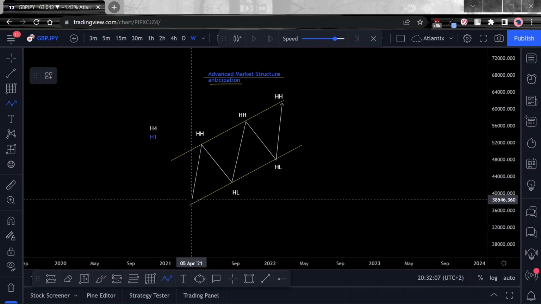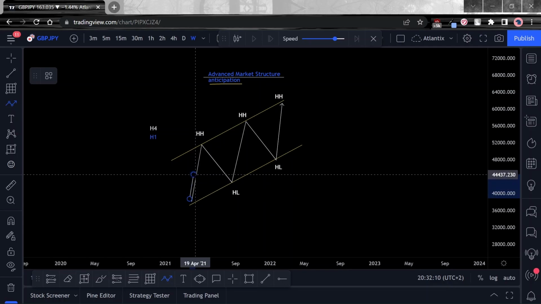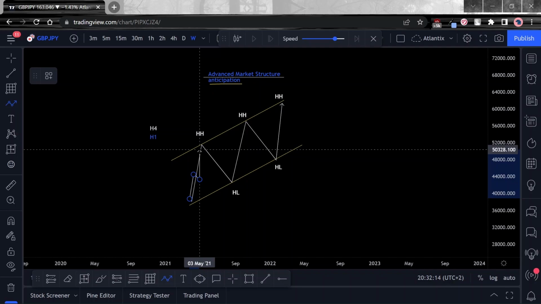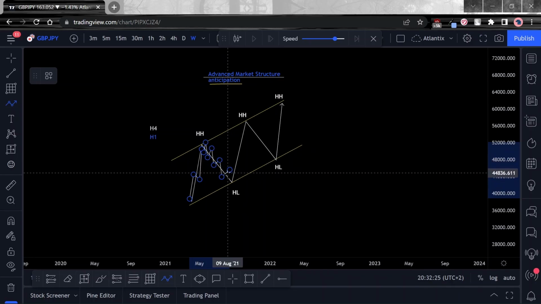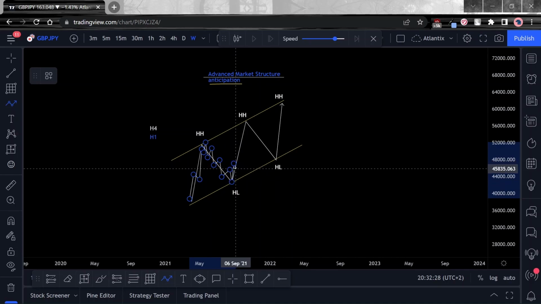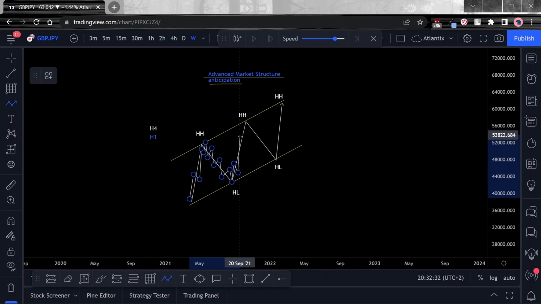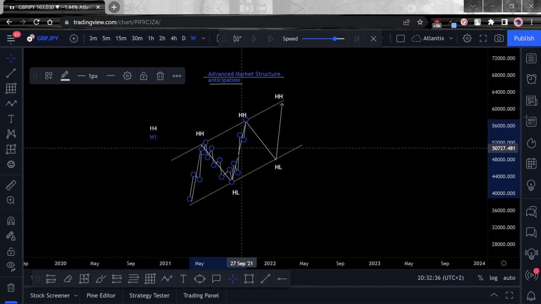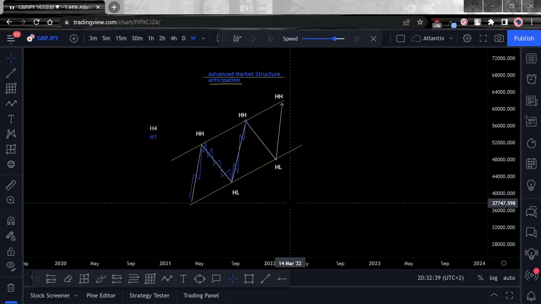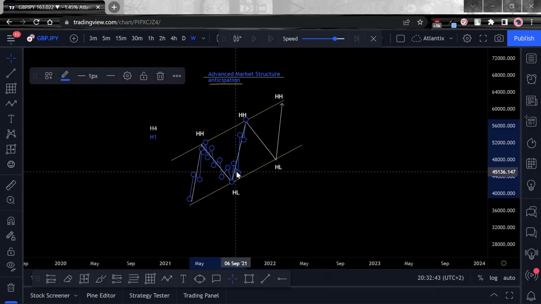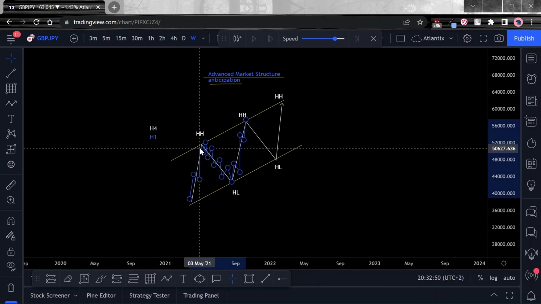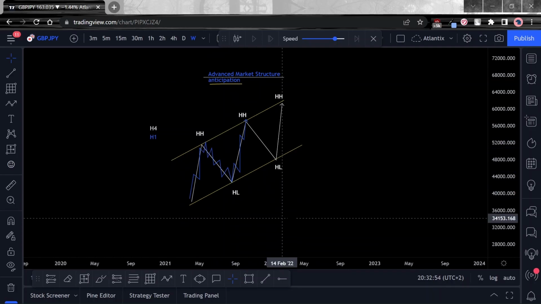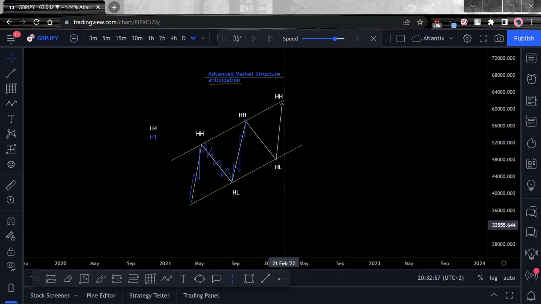And then we've got the internal structure, which obviously pushes up impulsively according to our sort of utopian example, right? And then we get a sort of correction over there, right? And we've got a strong impulse which moves like that. Let's make that blue since this is our internal. So we're just using H1 and H4 for purposes of the example. It doesn't mean you have to religiously stick to these time frames for whatever reason, but I'm just using those as a way to illustrate and put our point across.